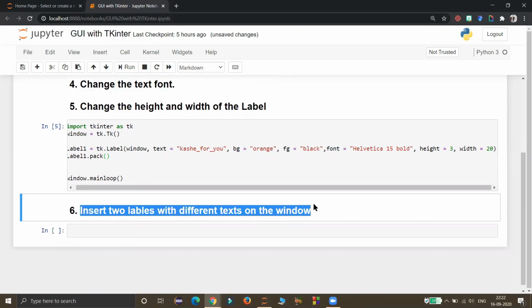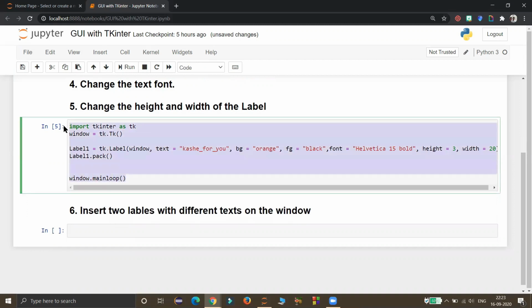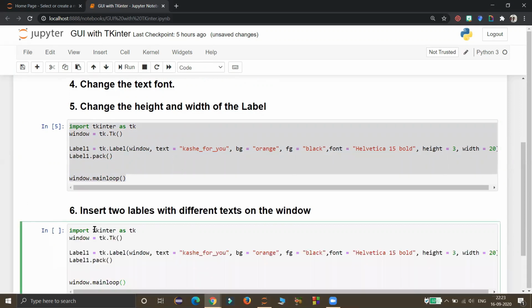Now coming to the 6th step, we need to insert 2 labels with different texts on the same window. For that I am copying this entire text from this cell and pasting it in the next cell. Now we need another label, so I am copying this and pasting it.